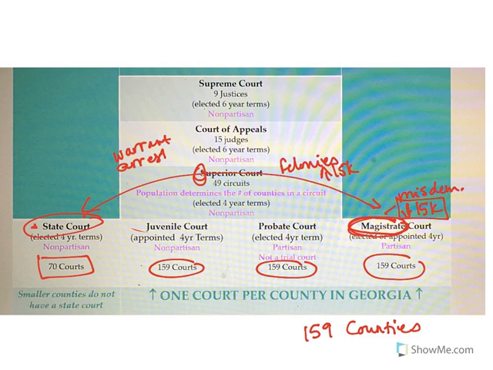Now your state court. Cobb County is large enough to have both a state and a magistrate court. In Cobb County, the state courts also deal with some minor offenses, specifically traffic tickets. If you have done a traffic violation in Cobb County, it is going to be your state court. But we also have a magistrate court that deals with other misdemeanors and other civil cases.